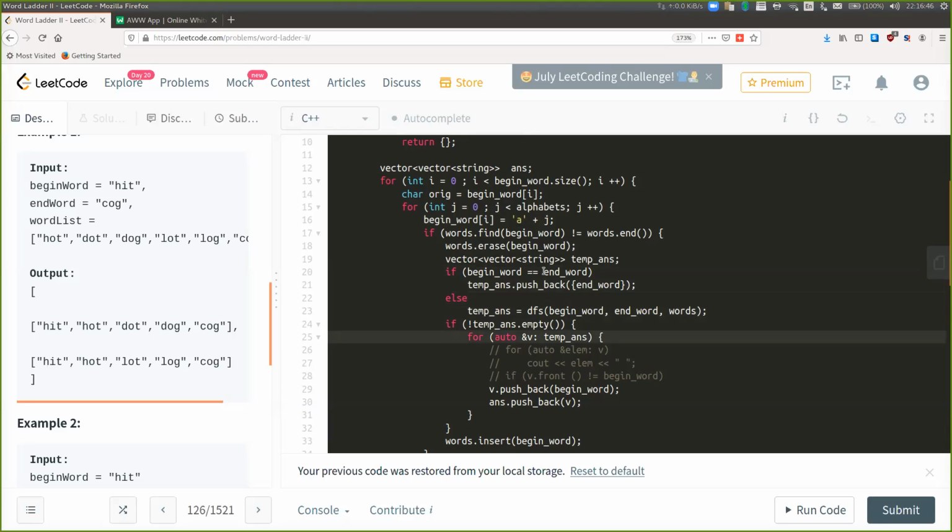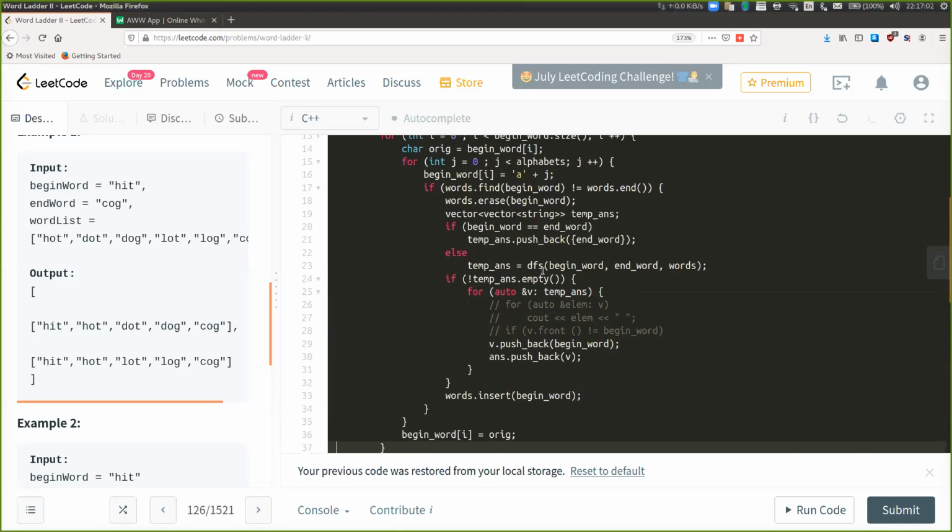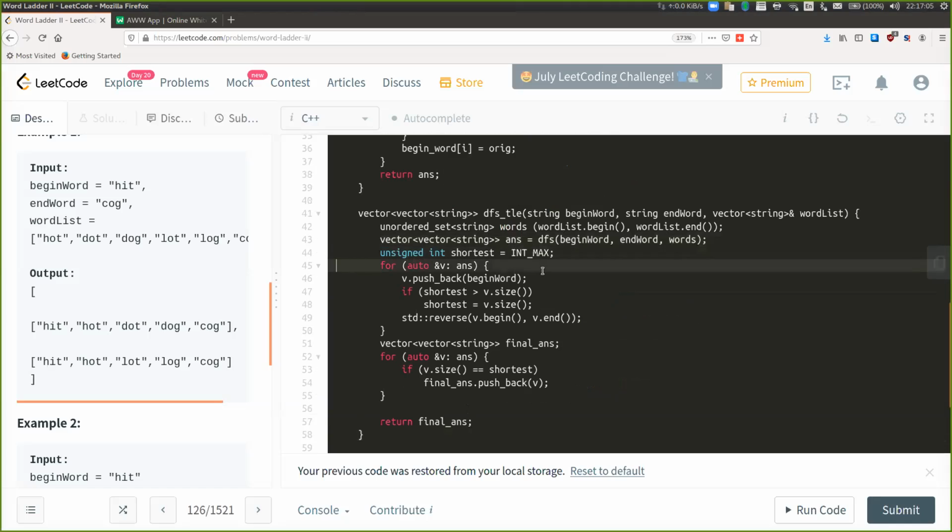Hot is there in this word list. Sorry, hot is a word which is there in the given set, right? So you push hot and you push everything. So when do you push hit? I have put hit in here, because for every path, the begin word will be only pushed once.